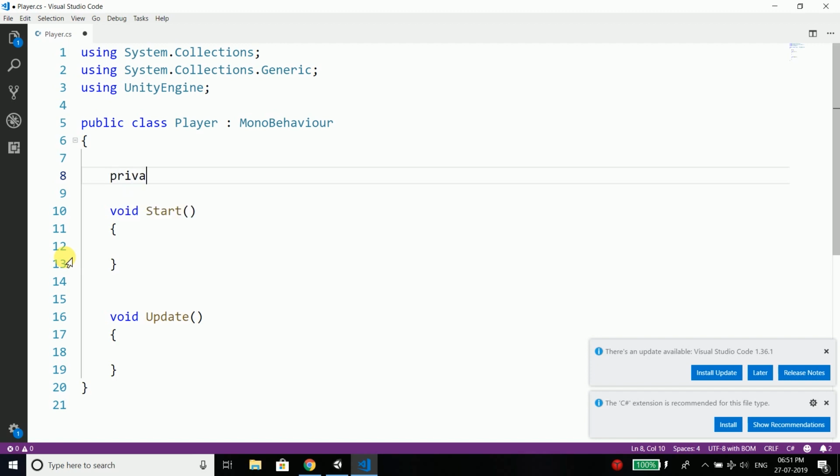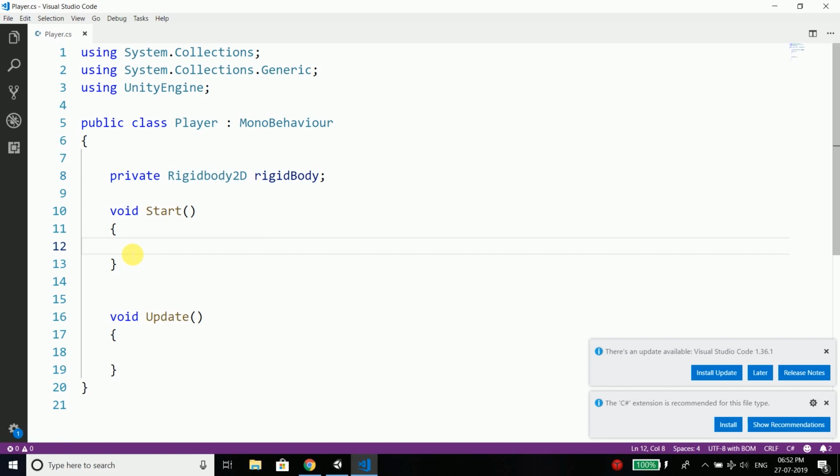So we will write private Rigidbody2D, because we have a Rigidbody 2D, and you can name the object anything. So let's say rigidbody. That's it. Now inside Start, we will initialize this rigidbody.